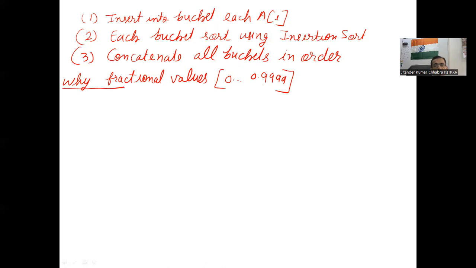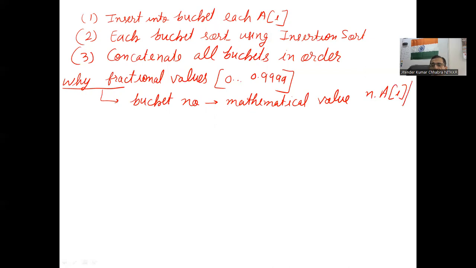Now you can easily see the advantage: the bucket number could be easily identified as a mathematical expression, n times a_i. I can easily see that if I am somehow able to find the bucket number in unit time,